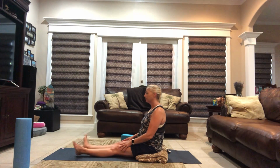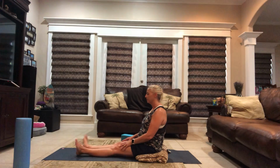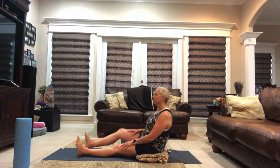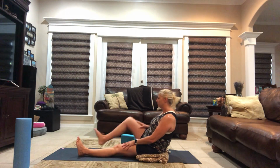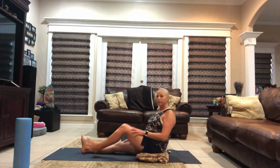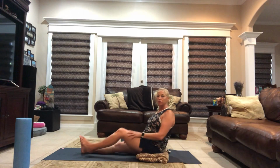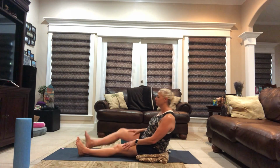And then maybe we even add some circles through our ankles and trade the direction. We'll start to bend one knee in towards the chest and then the other knee in towards the chest, and feel just a little bit of movement through our legs as we stretch into our breath. And you're finding a little release, a little heat building in our joints, allowing a little bit more stretch and